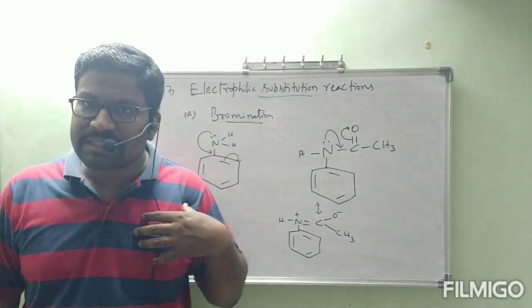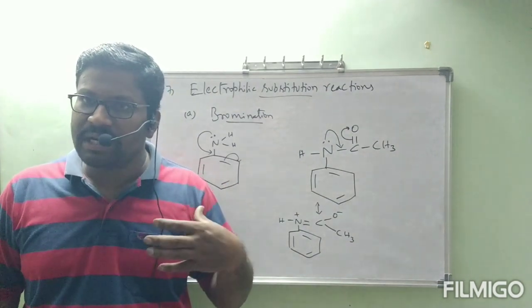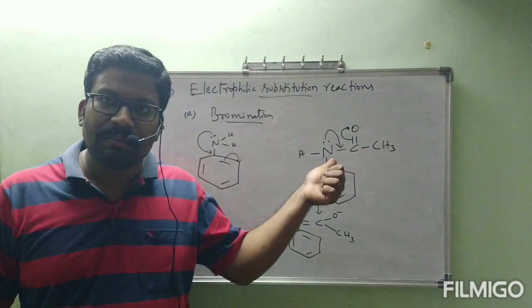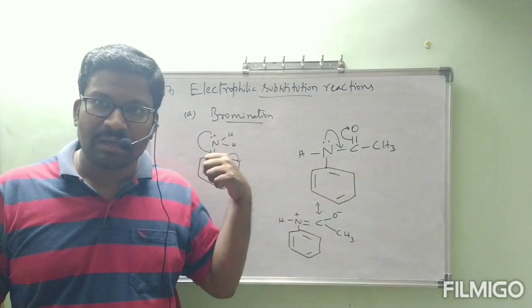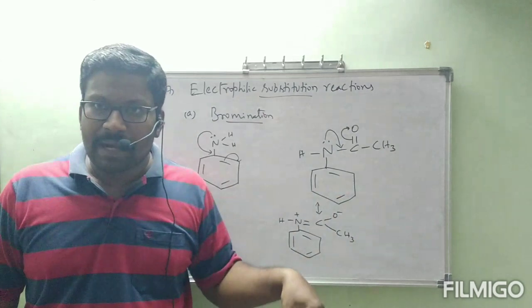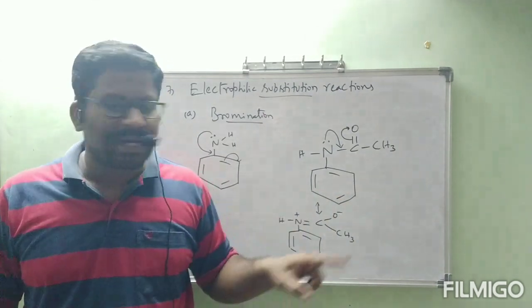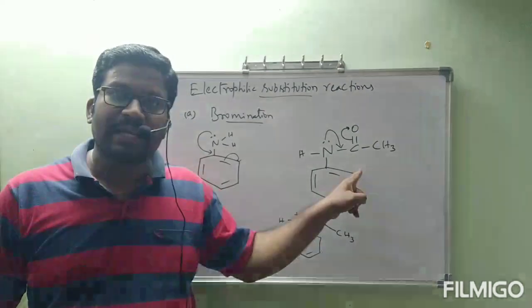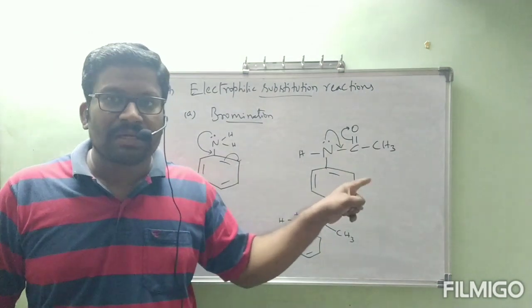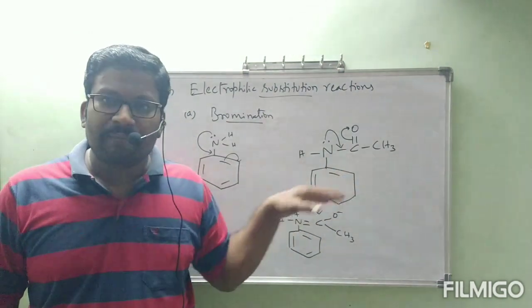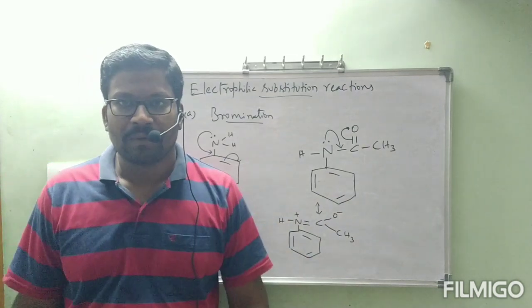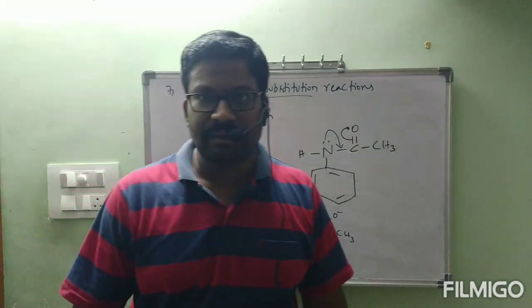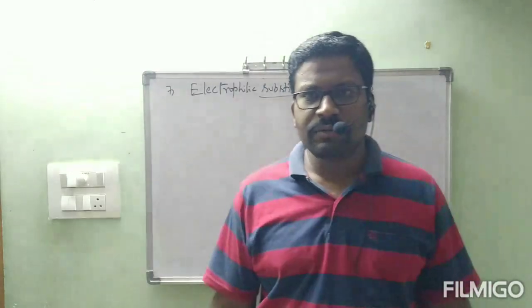Okay, its activity is nothing but how easily nitrogen is donating the lone pair of electrons into the benzene ring. Its activity depends on that. Here it is not able to donate the lone pair of electrons easily when compared to here. That's why you will get either ortho product or para product. In that, para product is major because of a simple repulsion factor only. Here if Br is present, it will experience more repulsion. Because of that, we are not getting ortho product easily, but para product we are getting easily. That is the thing. Okay? This is about the first electrophilic substitution reaction. We will continue with nitration.